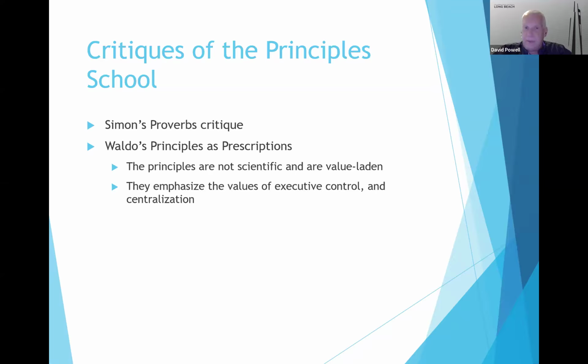What differentiates these theories from each other? Weber focuses on structure. Taylor focuses on work processes. Fayol, Mooney, and Gulick all focus on these universal principles that we can teach our managers to try and make our organizations effective and efficient. And if you want to drill down into the principle school, what differentiates Fayol and Mooney is that Fayol is much more psychological, and Mooney is much more structural.